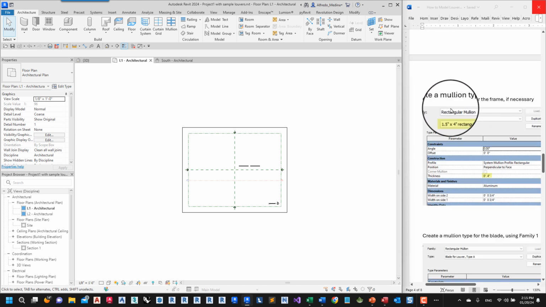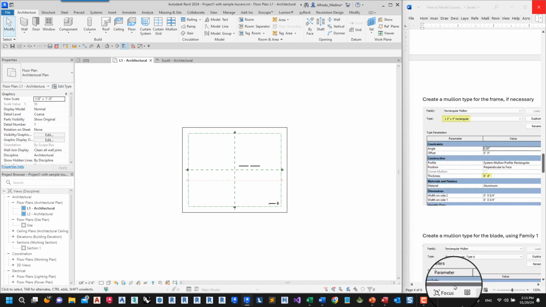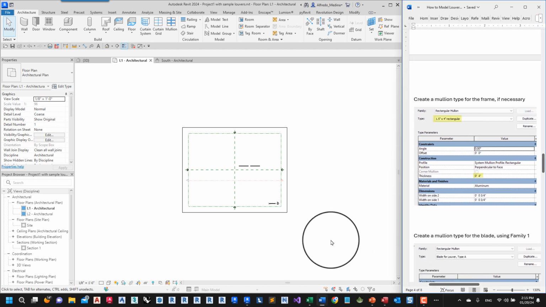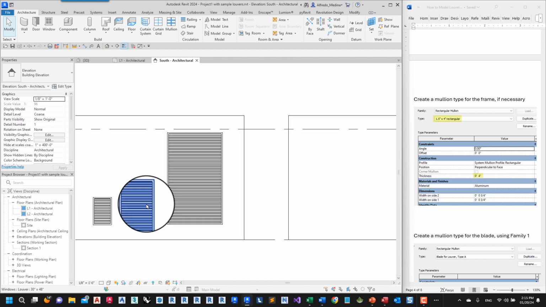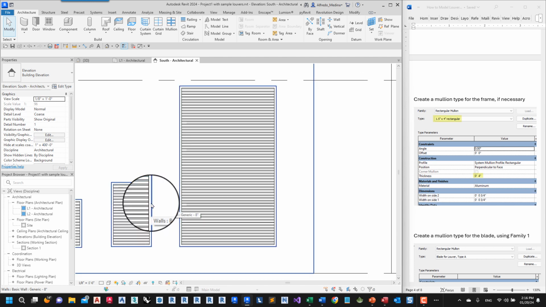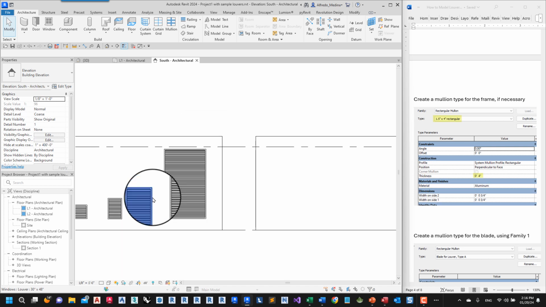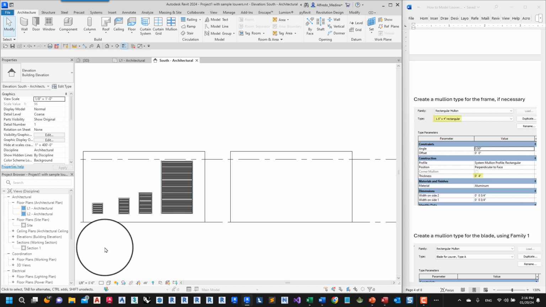The next step is to create a mullion type for the frame. In our elevation, for the previous louver types that we did as windows, the frame was 1.5 by 4 inches. If you want to have the same type of frame, you need to create that mullion type first.